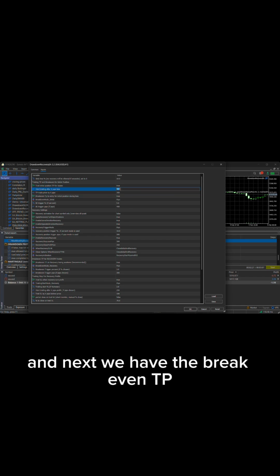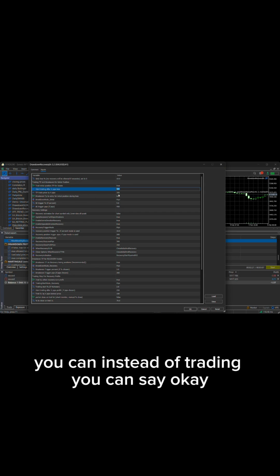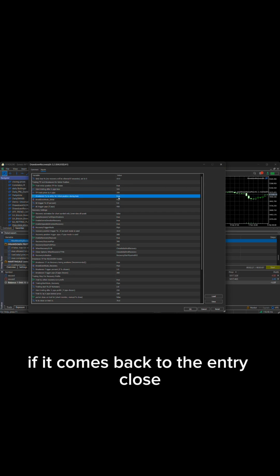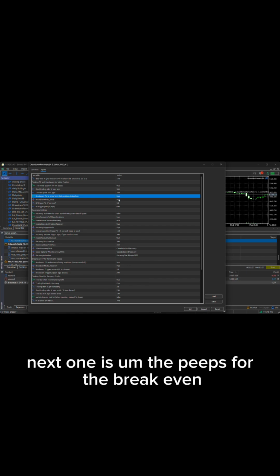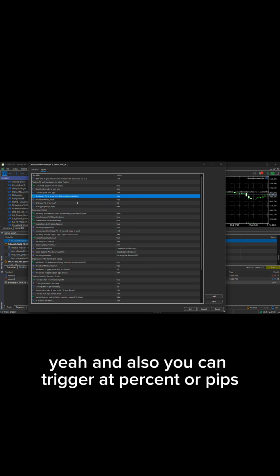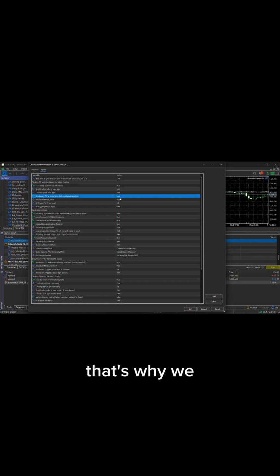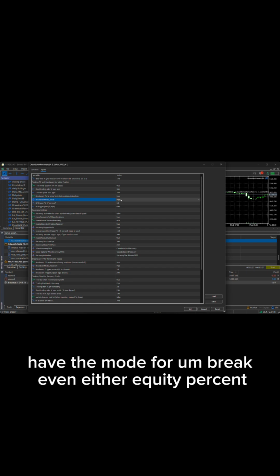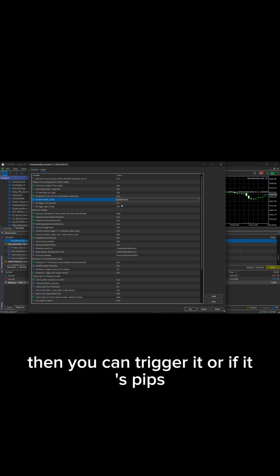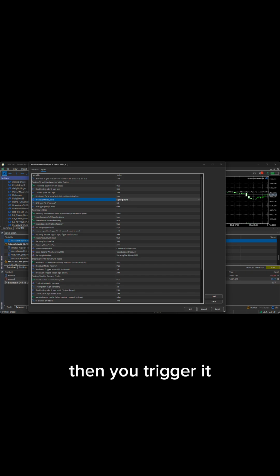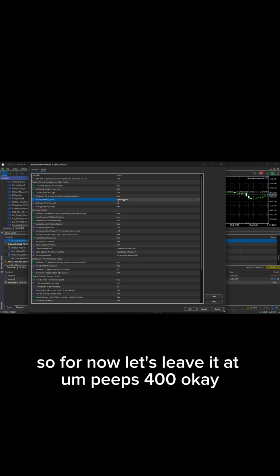And next we have the break-even TP. Instead of trailing, you can say, okay, if it comes back to the entry, close, then I'll think of opening again. Next one is the pips for the break-even here. And also you can trigger at percent or pips. That's why we have the mode for break-even, either equity percent. You can say, okay, if it is up to 5% equity drawdown, then you trigger it, or if it's pips, then you trigger it. So for now, let's leave it at pips 400. Okay,